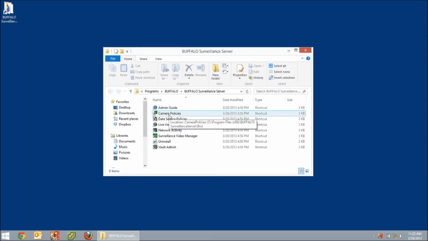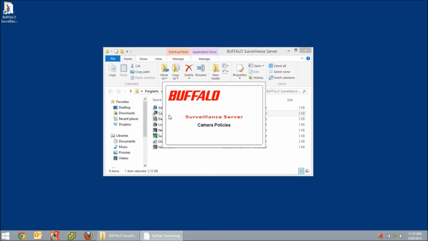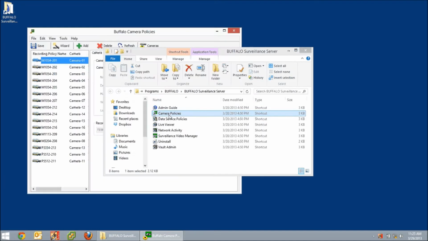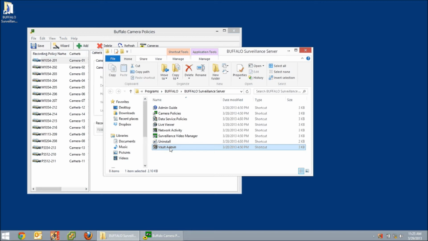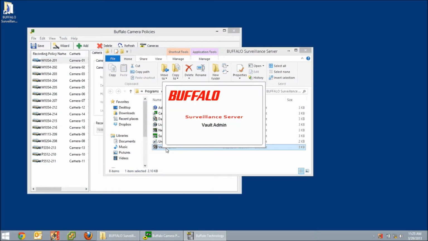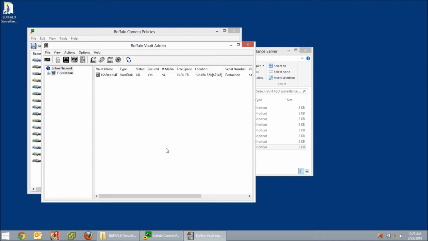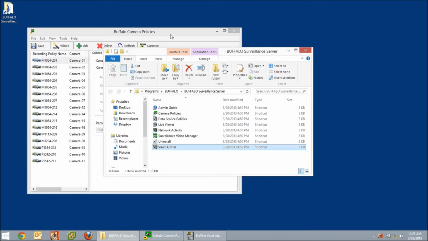So I'm going to open up camera policies. You don't have to use Vault Admin initially. The Vault Admin tool that we have here will tell you what targets are available for recording. So in this case, my 5800, it's already added. You don't have to do anything. This is only going out and saying these are targets we found on your network that are able to receive recording. So this is all handled automatically, and I'm going to go ahead and minimize that